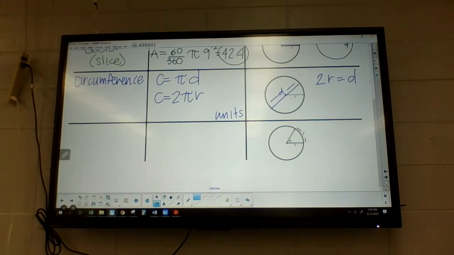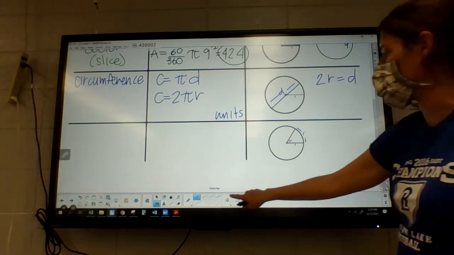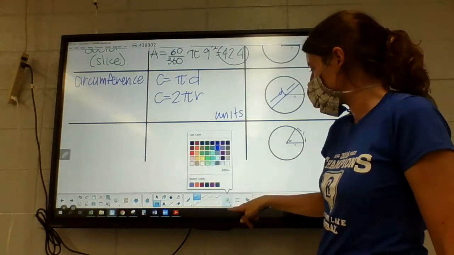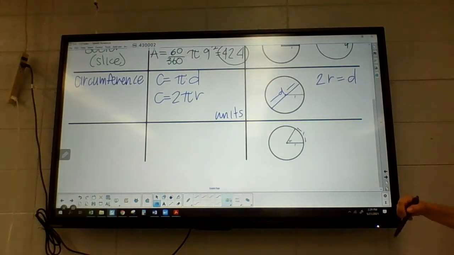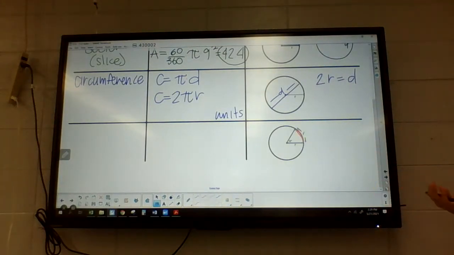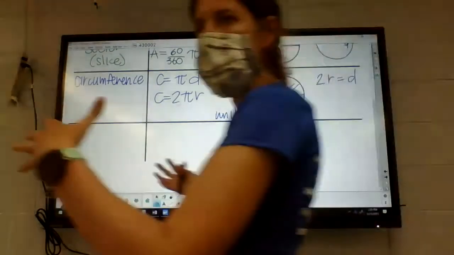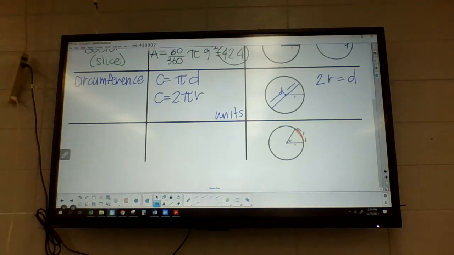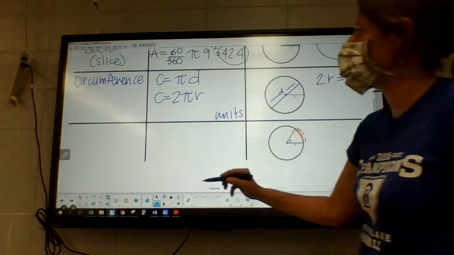Now, the next one we're going to talk about that goes with that is called arc length. So they asked for the arc length. What that means is the distance just along that edge. So just part of the circumference. So kind of like if you lived on a lake that was completely circular, how much lake frontage you would have. Like how much of the lake that you actually touch with your property. So arc length